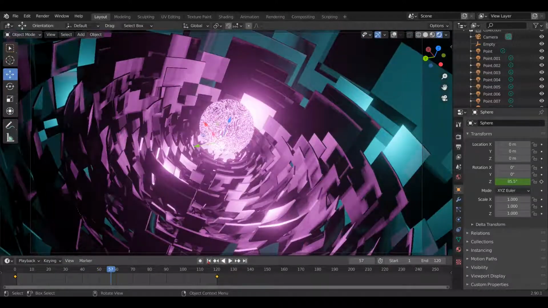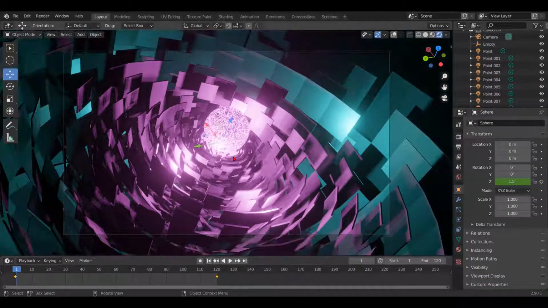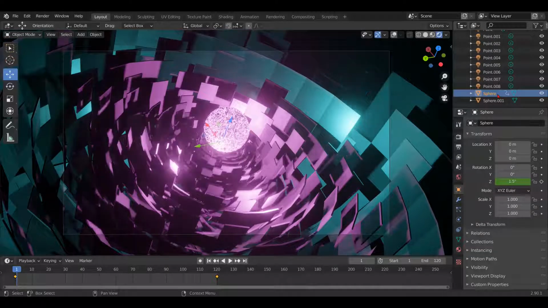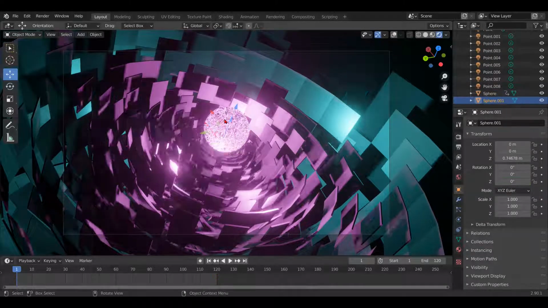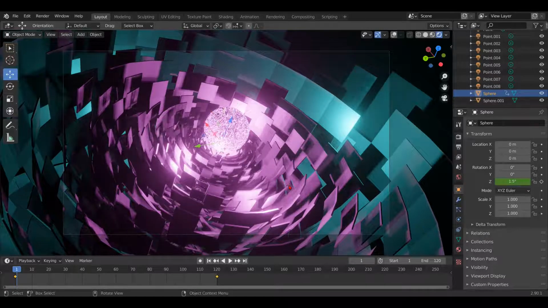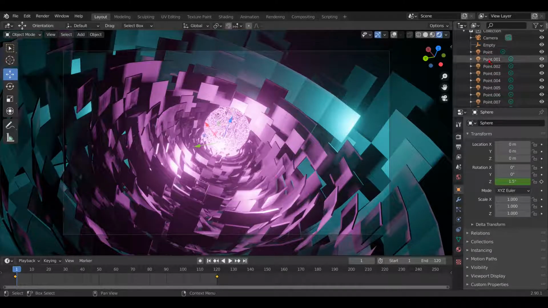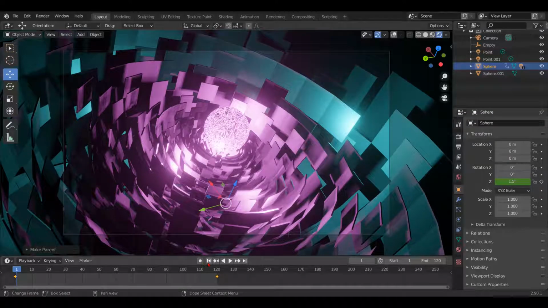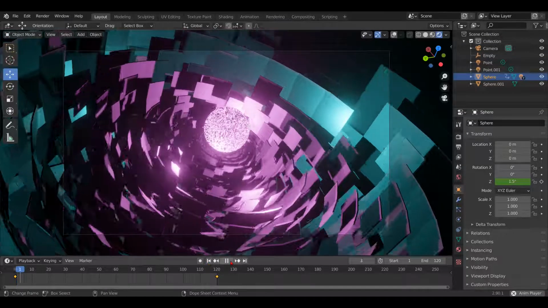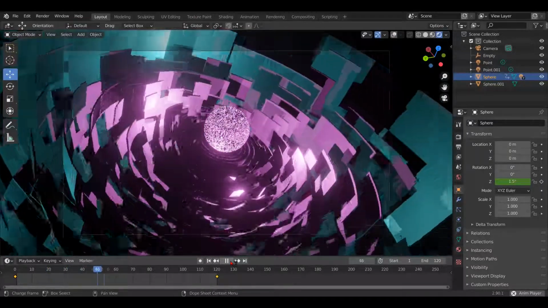If you want to rotate your light according to your sci-fi object, then click on the sci-fi object, press and hold Ctrl and select the light which you want to rotate with it. After selecting all the lights, press Ctrl P on the keyboard and select object. Now you are done. The light will automatically move according to the sci-fi object.